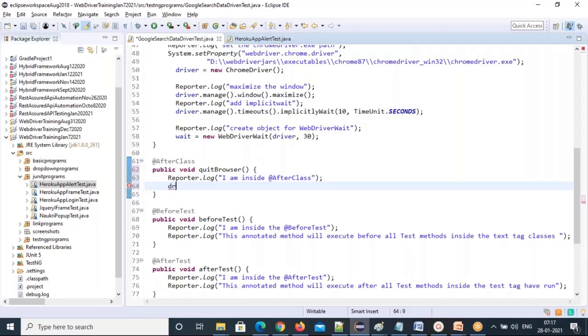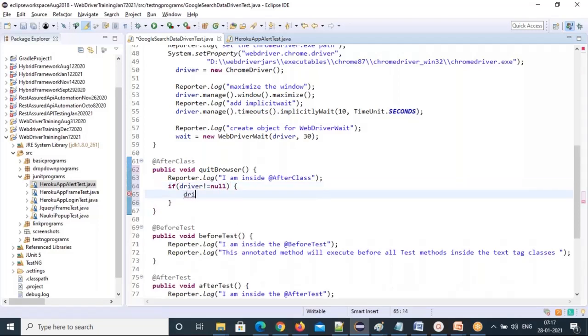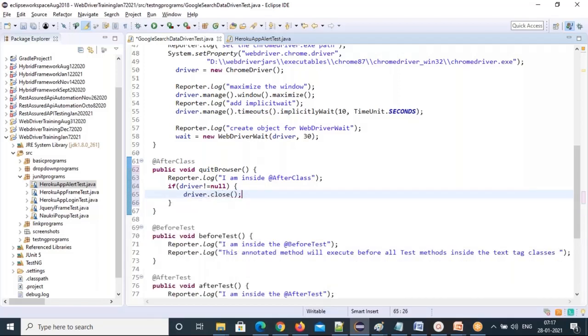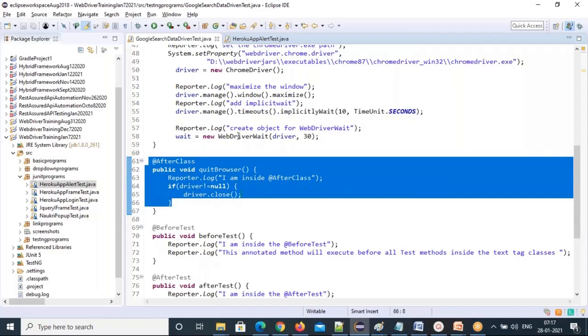Okay, I'll just put: if driver is not null, then close this browser. driver.close, over. So AfterClass also we have implemented.